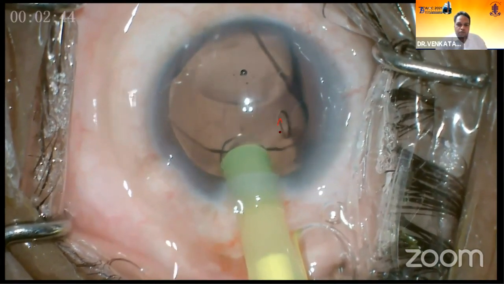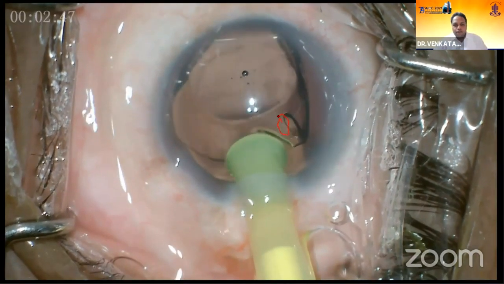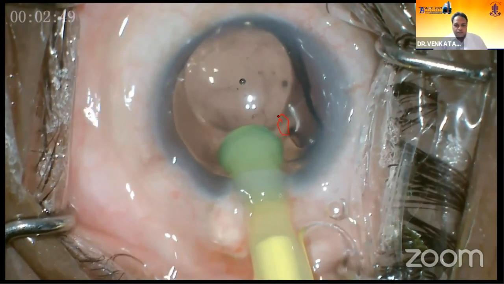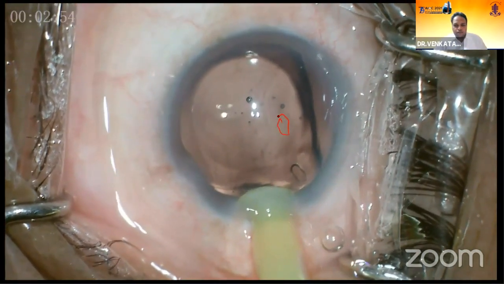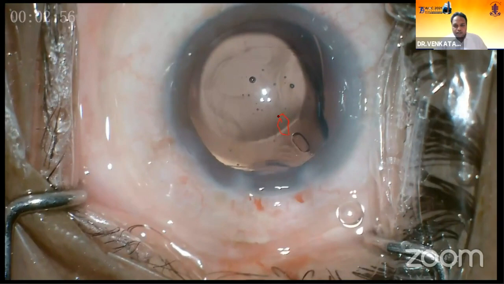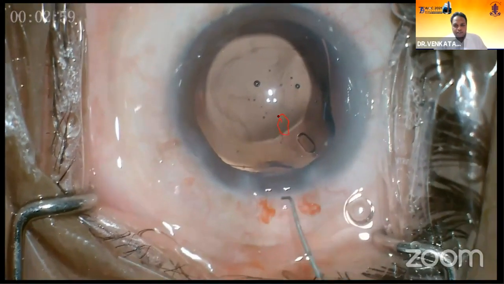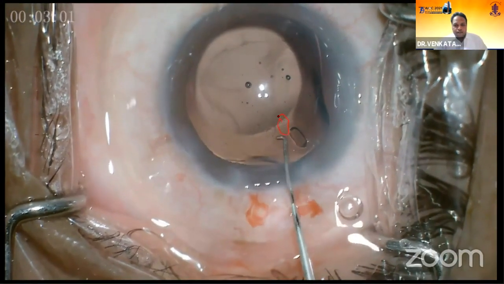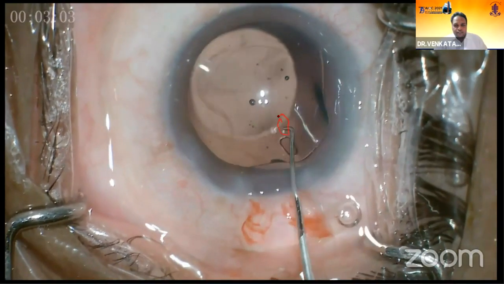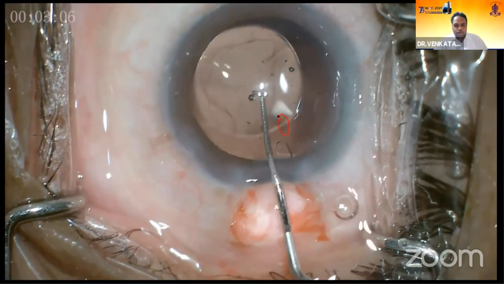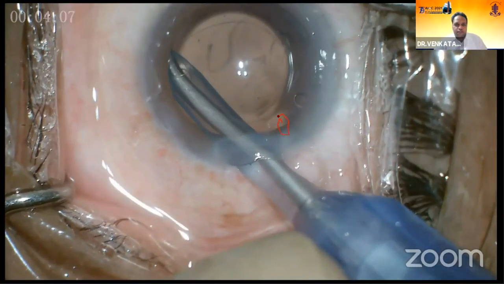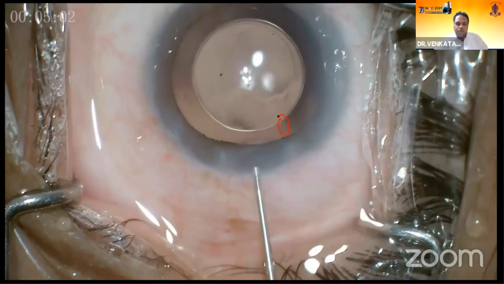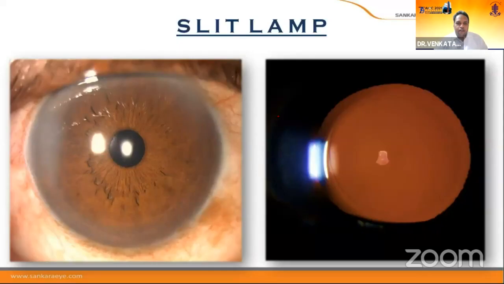Here we can see 2 dialing holes, with the help of which we can push the lens inside the capsular bag, and using the same we can aspirate the visco behind the lens. As we can see here, all it takes is a simple nudge and the lens centers itself into the capsular bag. Here we can see the optic and the capsular rhexis against each other, and the visco is aspirated using the dialing hole. These are the post-op slit lamp images.